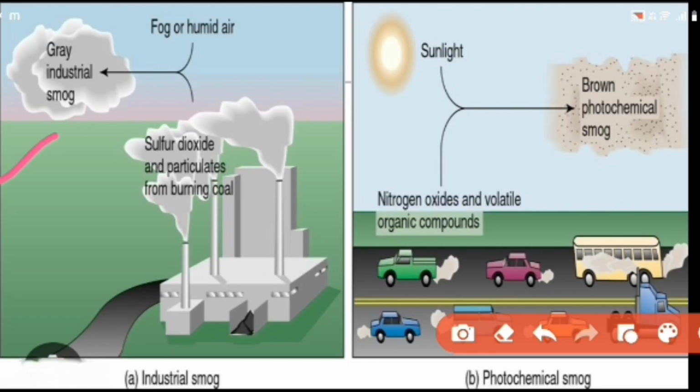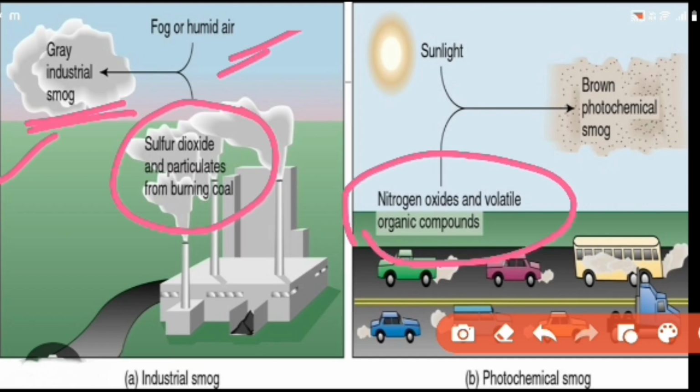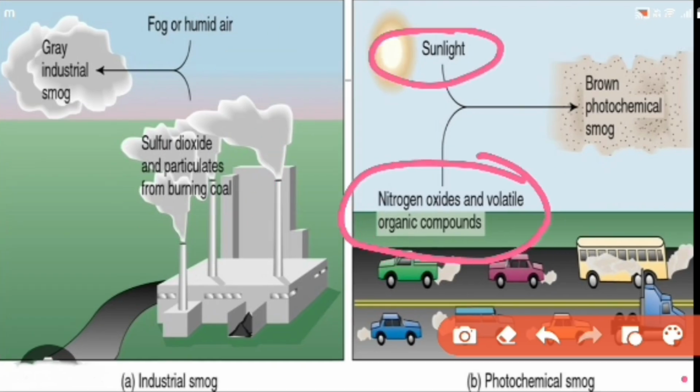The first picture is industrial smog, meaning sulfurous smog or classical smog. You can see it is happening mainly due to the emission of sulfur dioxide, which ultimately gets mixed up with the humid air and makes gray industrial smog. And photochemical smog happens mainly due to nitrogen oxide and volatile organic compounds. In the presence of sunlight, it results in brown